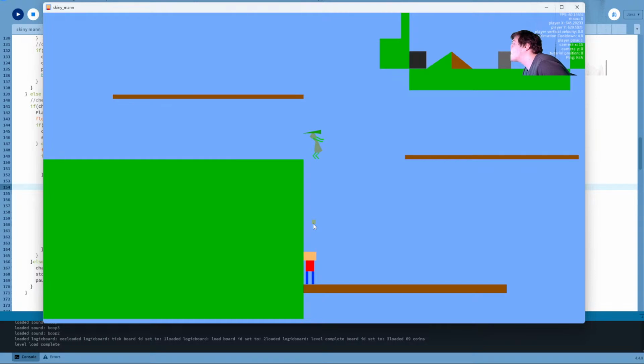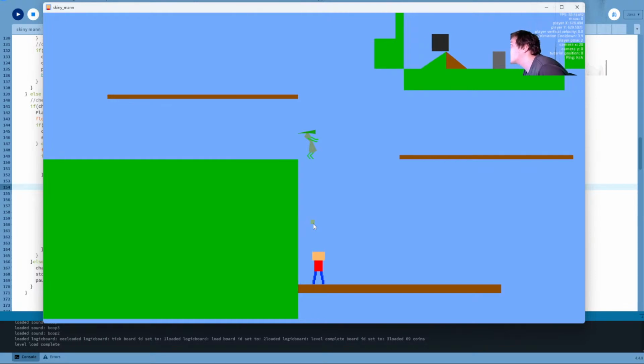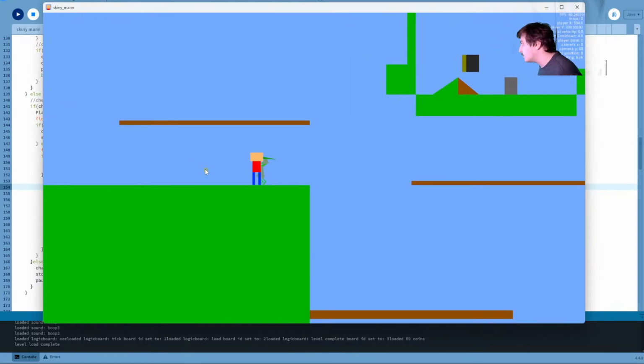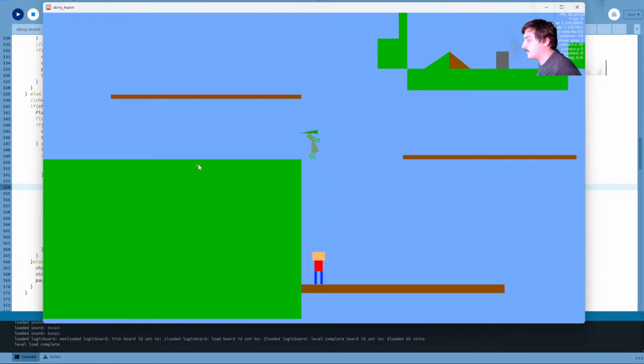What is this thing? This thing is positioned at basically 629 versus, this here is 504. That's only like 100. Wait, 504. Oh wait, yeah, 629.